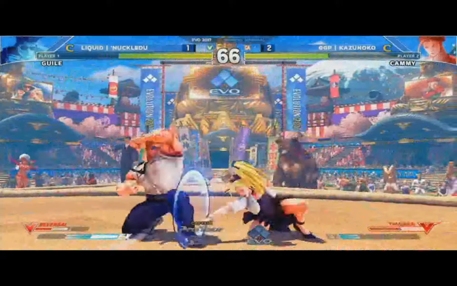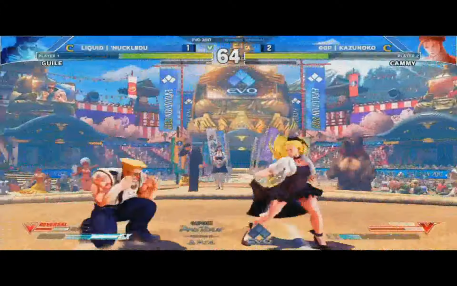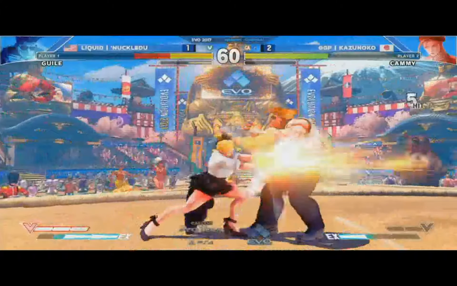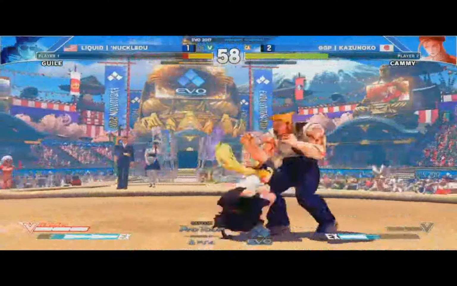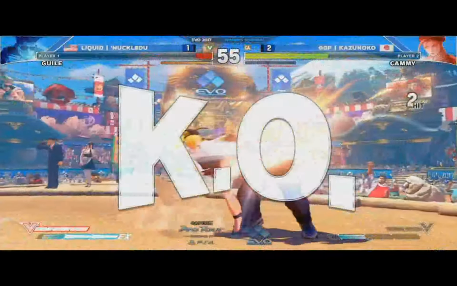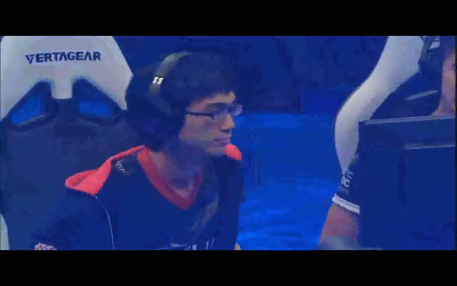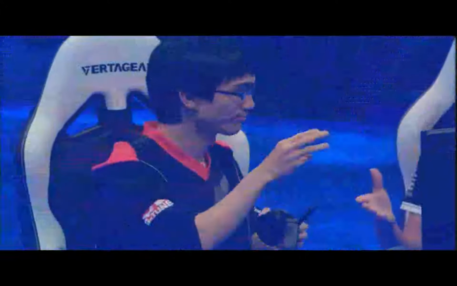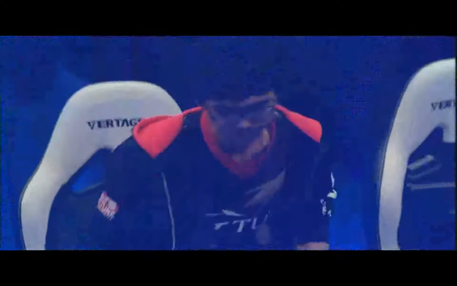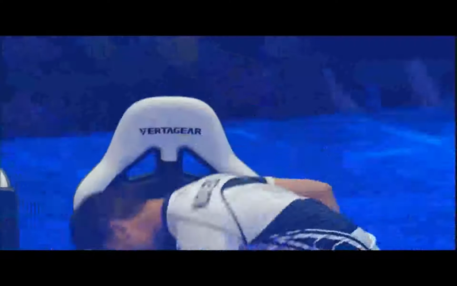The V-trigger drill also has some projectile invincibility. Doesn't require any super meter resources. Again, I think Nuckledu tried to flash kick there just a little too late. Yeah, you just can't make it happen. Wow, in the front, the tech. Oh, and there it was! Kazunoko baited Nuckledu into the throw, and he was able to punish it, so he has sent Nuckledu into the loser's bracket. Kazunoko moves on to fight